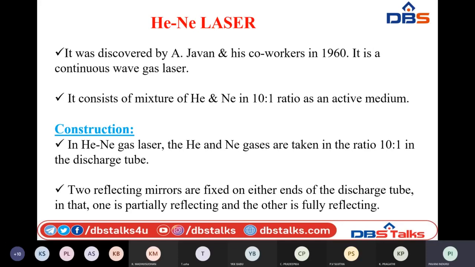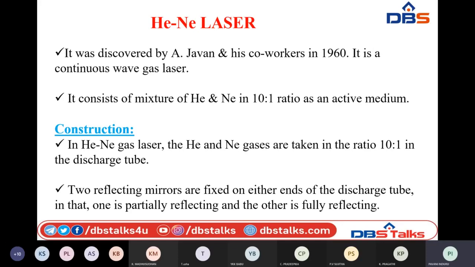That means raising the atoms to the upper levels and then making them available for some amount of time, I mean population inversion, till it happens, and then stimulated emission takes place. So there should not be any break in this cycle. All these should happen continuously. Then only we will be able to obtain continuous emission of laser light.